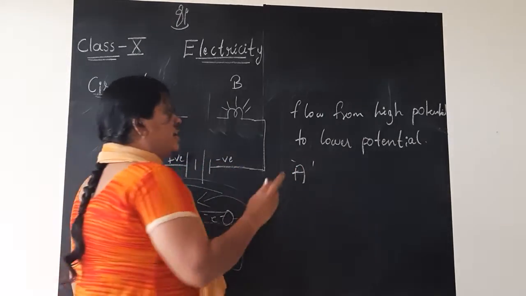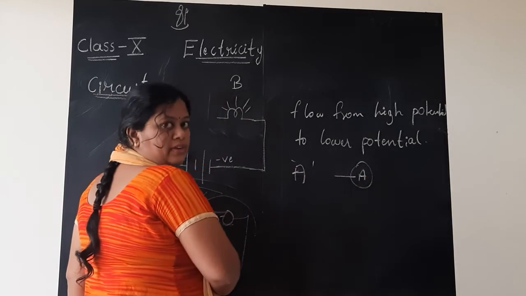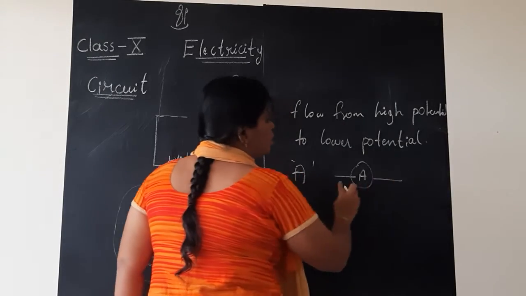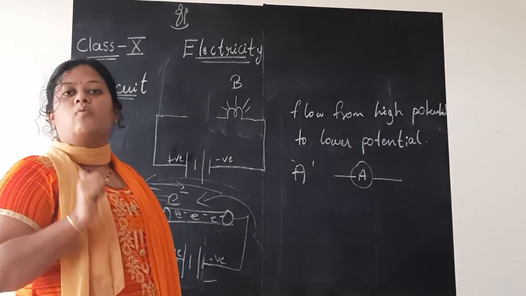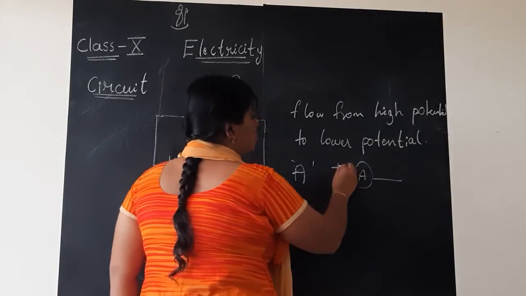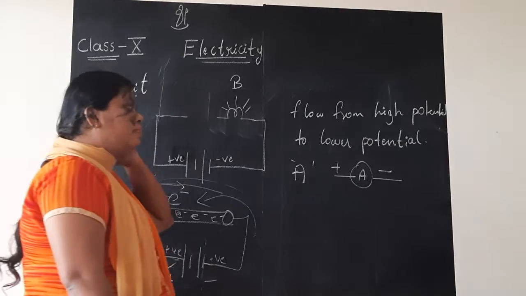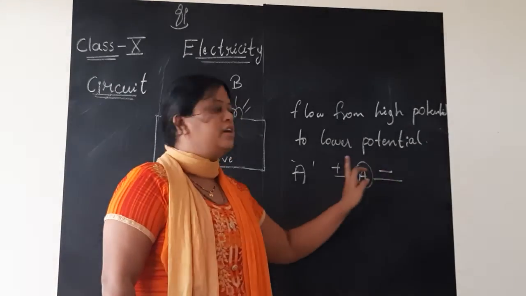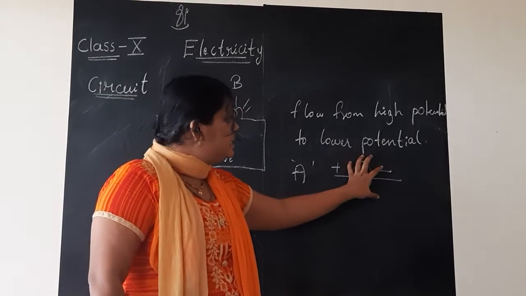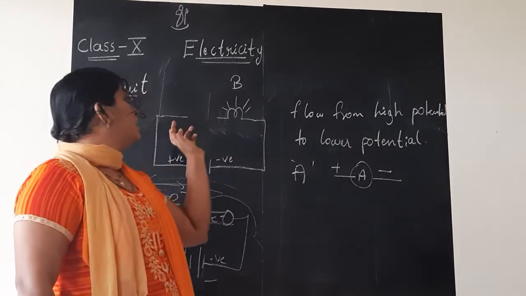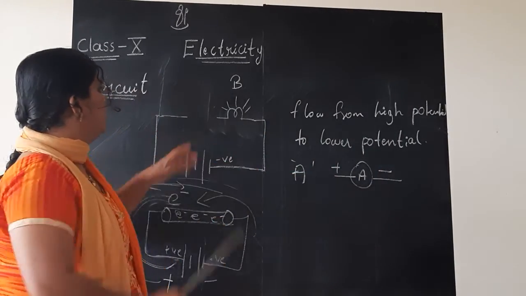See, it is represented by capital letter A. We all know that. In a circuit, how do you represent it? Within a circle, you write capital letter A, two lines on either side, and mention the polarity. What does this polarity mean? Positive, negative. Positive of the ammeter, negative of the ammeter. So this instrument, the ammeter, should be connected in series with the circuit. Just take it out and fix it here.